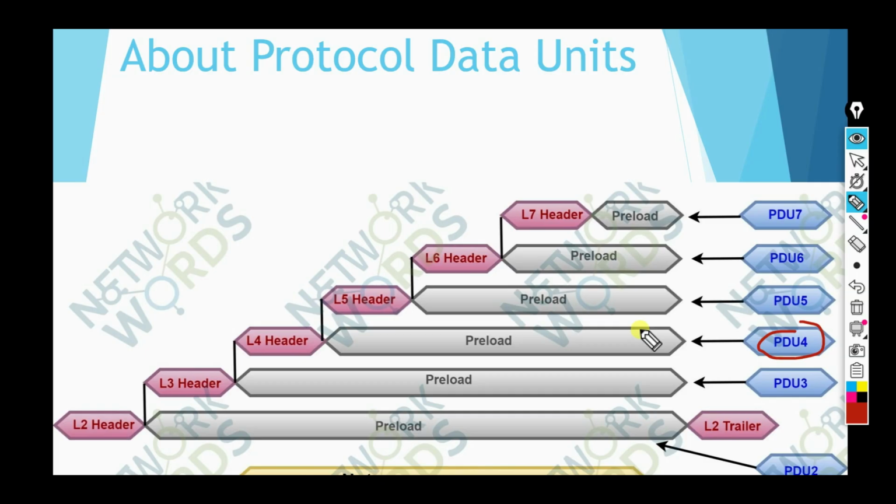So you might see people in the networking world talking about TCP segments or UDP segments. This is what they are actually talking about. Now, first of all, we spoke about segment. Then we have an encapsulation which is done at layer 3, which is equal to PDU3, and this is called a layer 3 IP packet.